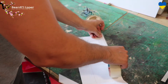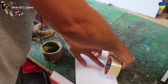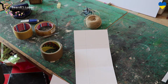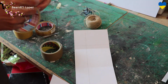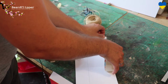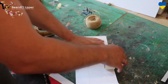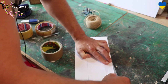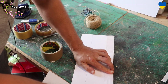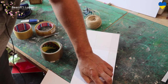So this is to make sure that the resin does not stick to the card, and I've already made a mistake. I need to make sure that I don't have any folds at all, which is beyond my usual level of accuracy. So this could take a little bit of time, so I won't film it all, but that's basically what I'm going to do. Run the tape along and try not to fold it, make it as smooth as possible,